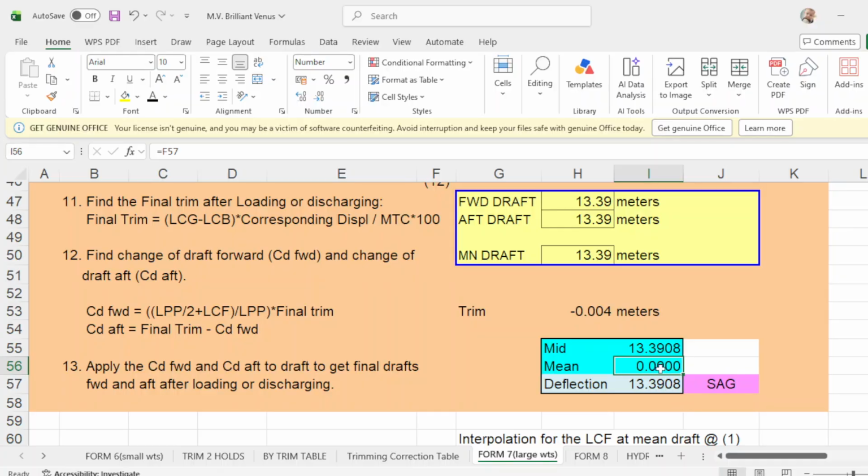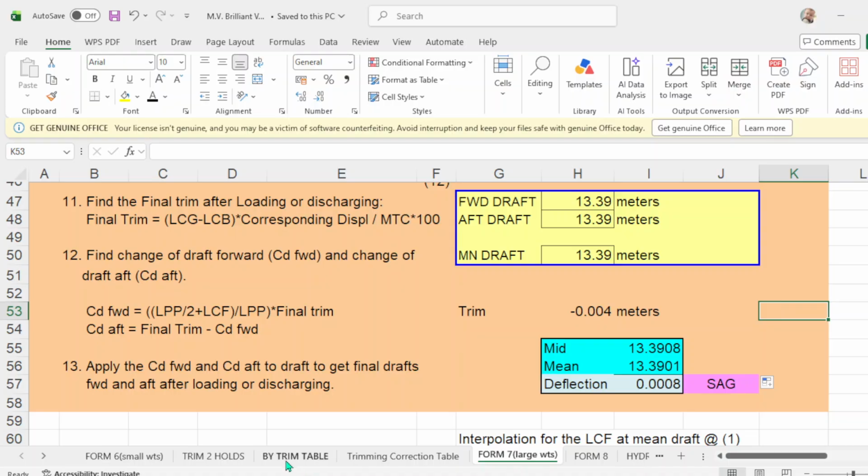And your mid, click. Your mean can be this one. Okay, your mid. Oh, sorry. Put this one. So your deflection is 0. You have even keel here.